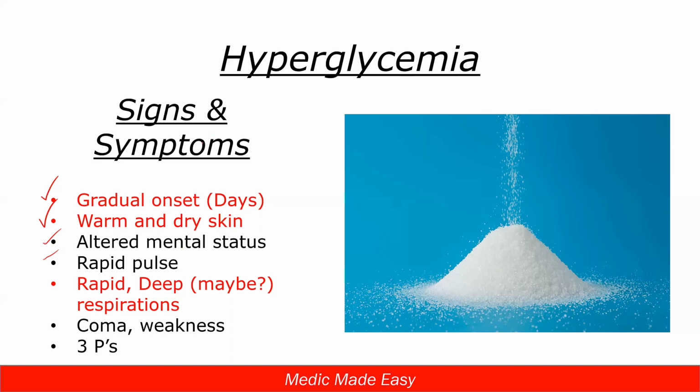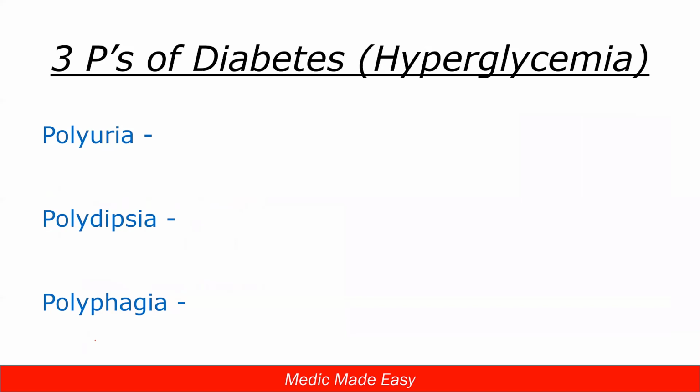The other one that shows up regardless of what's causing it, if your blood sugar is too high for too long, we get these 3 Ps of diabetes, specifically when their sugar is high. Most often these are things that somebody might be complaining of that they've been experiencing for a while now, and they finally decide to go to the doctor and say, hey doc, I've been doing this a lot, I've been doing that, this is how I've been feeling. It generally will show up with these, and it starts to support that diagnosis that they're diabetic, and that first diagnosis is associated with that blood sugar climbing and climbing.